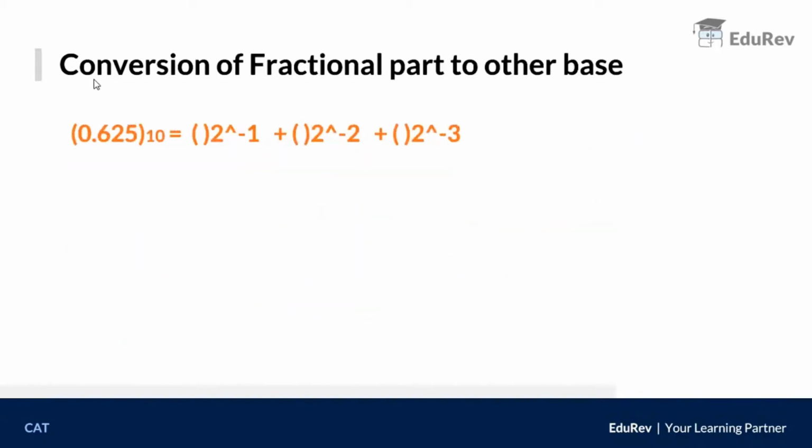Now, what if we want to convert the fractional part to another base? Okay, so this is your decimal number, which is a fractional value because it is after the decimal point, and you have to convert it into binary. Now look, after the decimal point, therefore here 2 raised to minus 1, 2 raised to minus 2 and 2 raised to minus 3 are given. The question is, what will come here? What into 2 raised to minus 1? What into 2 raised to minus 2? What into 2 raised to minus 3? What is your binary value?